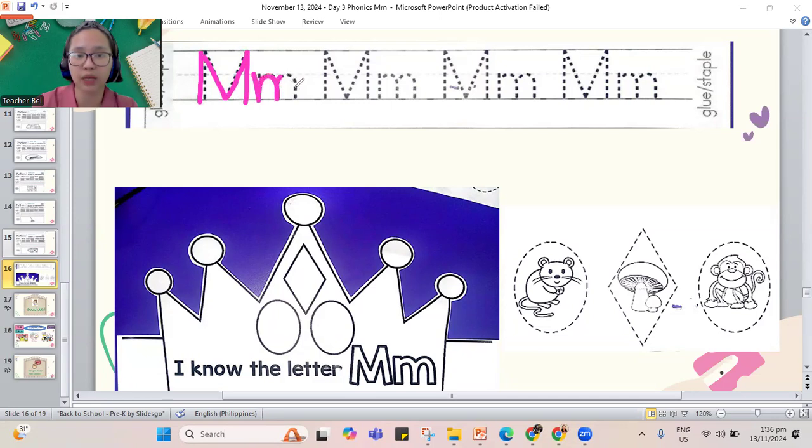So 1 and 2. Let's go back. Trace all of your M's, both capital and lowercase m. Try to follow the dotted lines for your M, please.